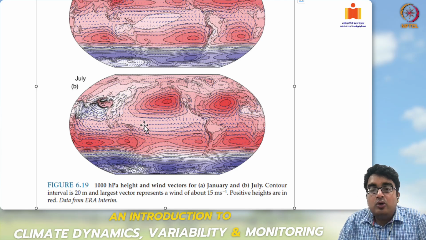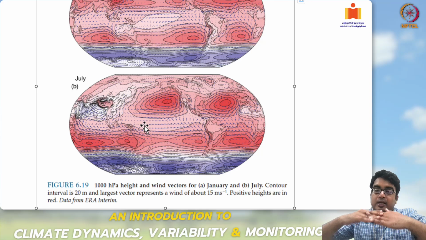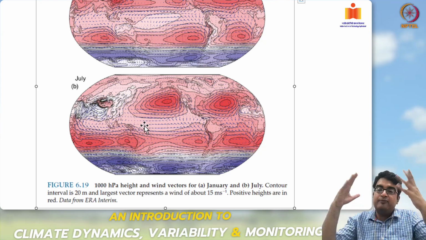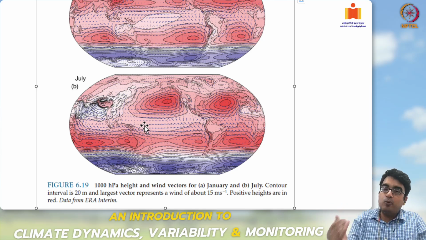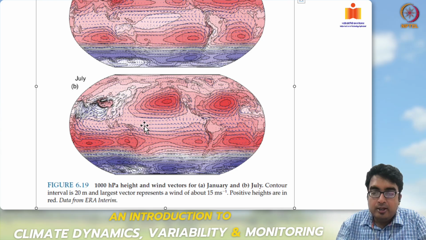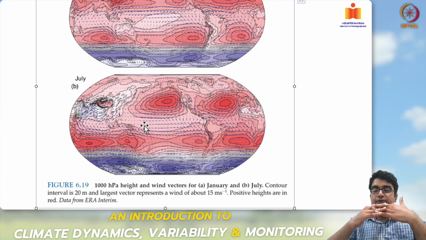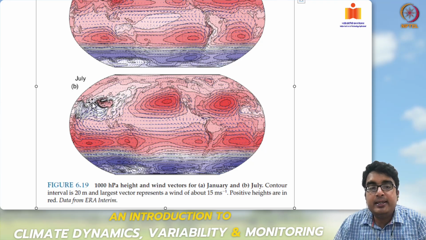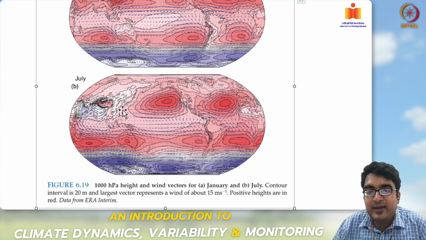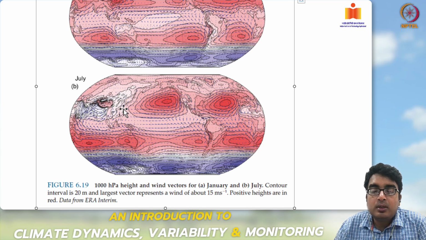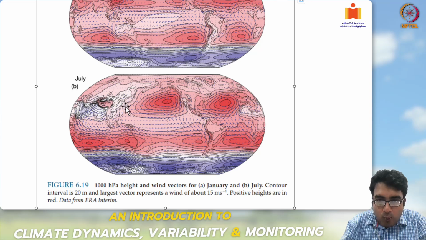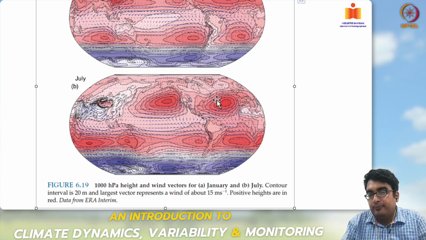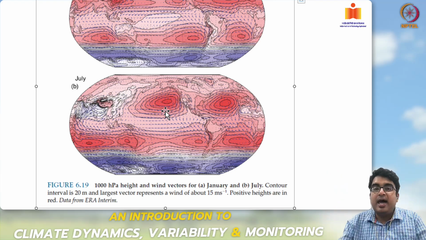So the equatorial low pressure belt now shifts northwards because the northern hemisphere is the summer hemisphere, which is getting a lot of insolation, causing winds to move upwards, creating strong low pressure. So the equatorial low pressure zone moves upwards, particularly in the land masses of Asia and Africa. As a result, the subtropical high pressure belt of the northern hemisphere weakens and now breaks up. So you can see the subtropical high pressure belt has now broken up and has moved and is now where